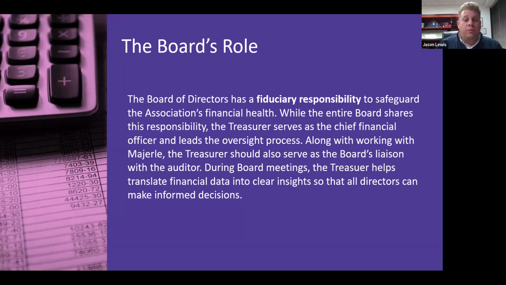So your charge as board members is to safeguard the association's financial health. And that is achieved by diving into those financial statements, having an understanding of the fiscal position the association is in. Typically, the treasurer, as the chief financial officer, leads that oversight effort, but certainly all board members need to support their association's treasurer in asking questions, taking a look at items that are in the financials, being present during those financial